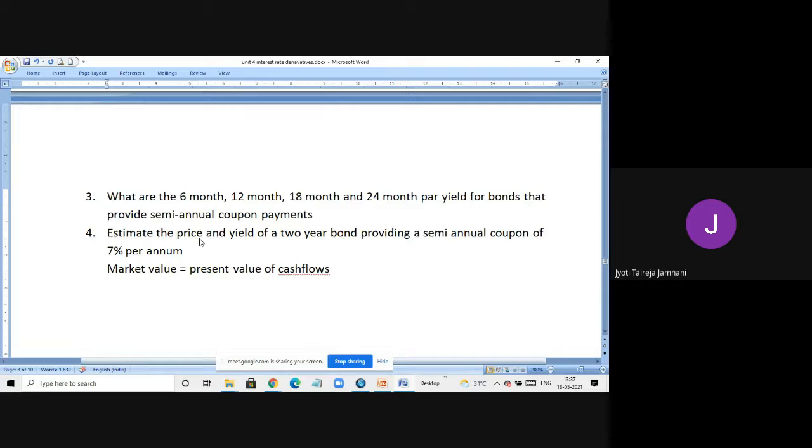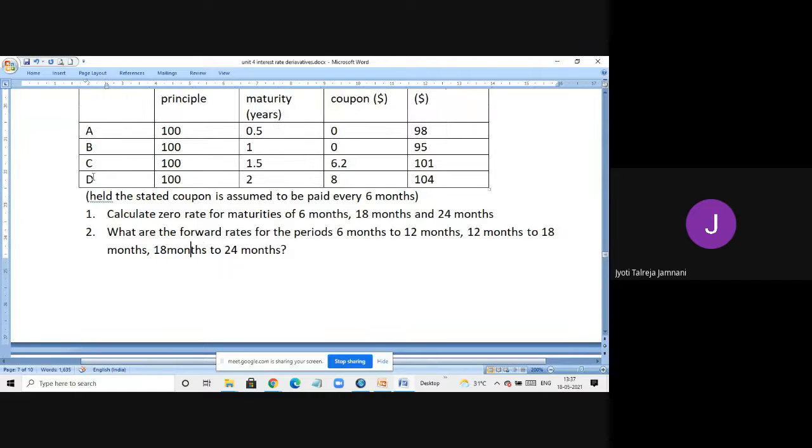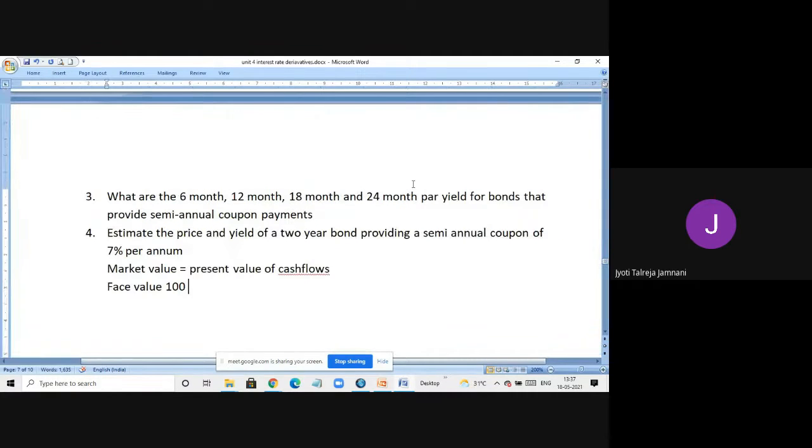Okay. Before we do that, the face value of the bond is 100, which is given above in the question. They have not asked to change the face value. If you see bond D, the principal amount is 100 and maturity is 2 years. They are just asking us to change this coupon rate and find the price. So face value is 100. Coupon they are saying is 7%. So 7% of 100 will be 7 rupees, or $7, because here they are talking in dollars.